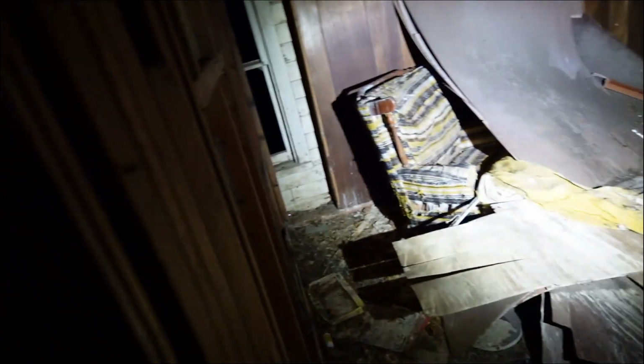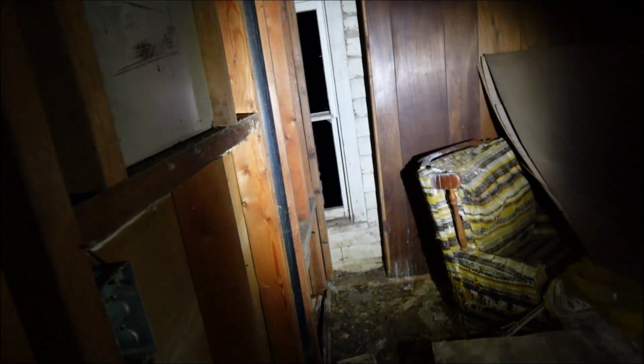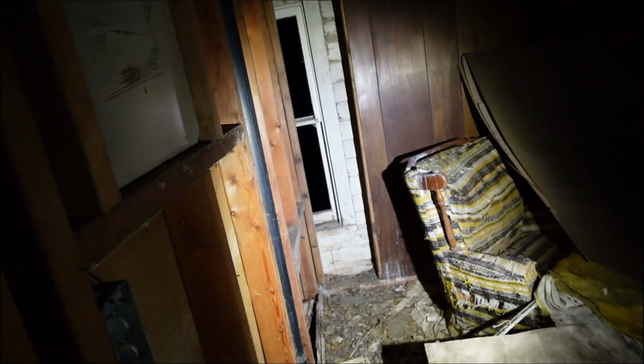I just wish it were in a little better condition because it still kind of has everything in it. Upstairs is pretty creepy. This house is designed really weird. It almost looks like portions were added on in later years, because look at that half-covered window there. Oh yeah, for sure. This whole section of house looks like you're entering a different house when you get there, but it's still...